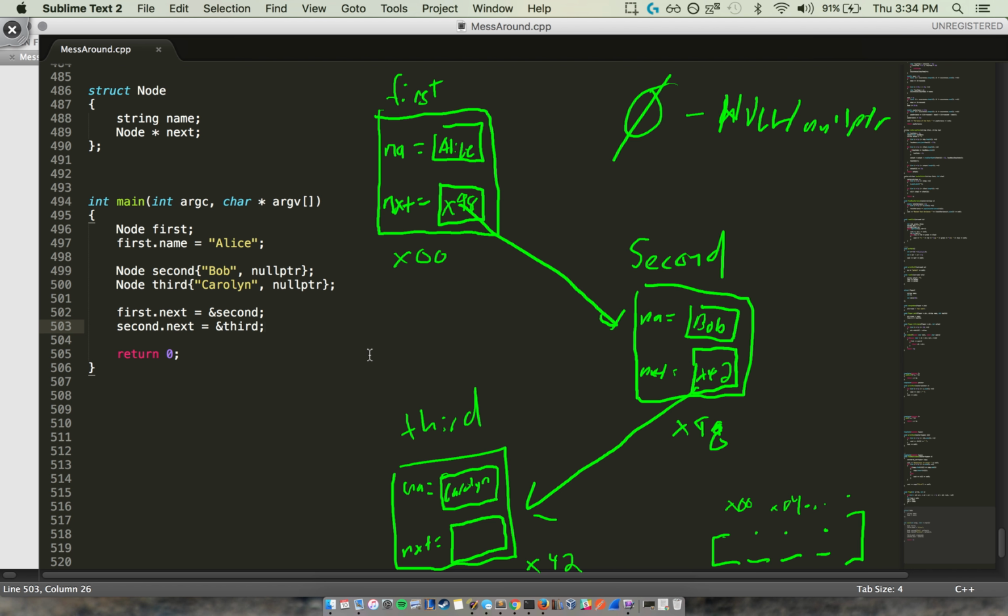try and make a print list function that, given a pointer to first here, you will be able to print the value in first, and then an arrow to second, arrow to third, and then essentially make it print out null at the end, right? So I would say pause the video and try that. I'm going to type it out and explain what my thought process is as I do it,